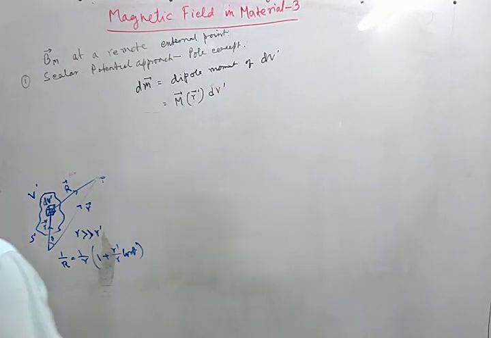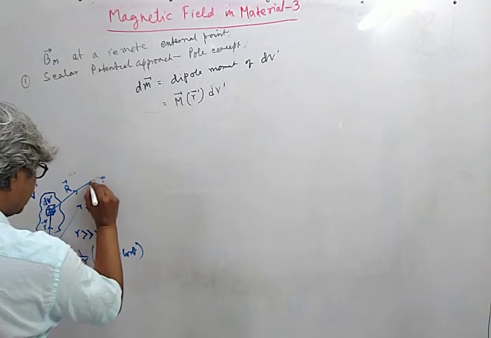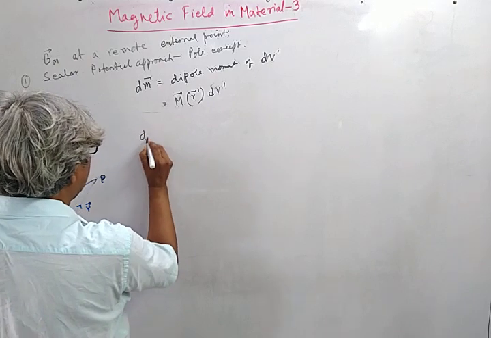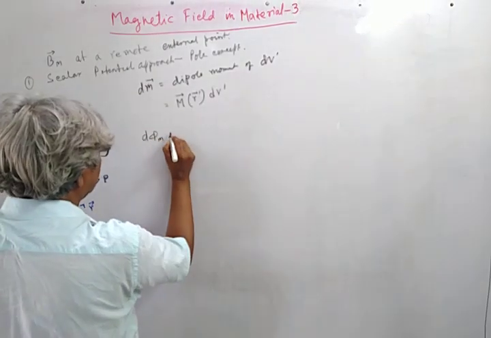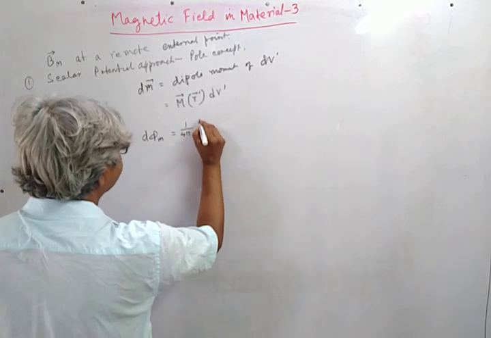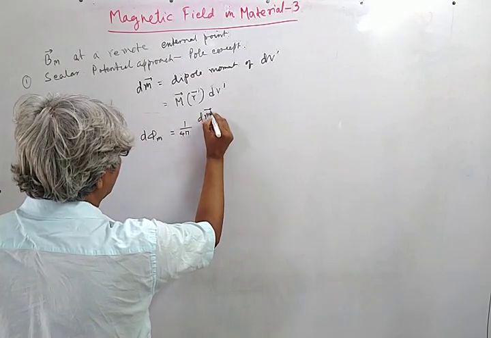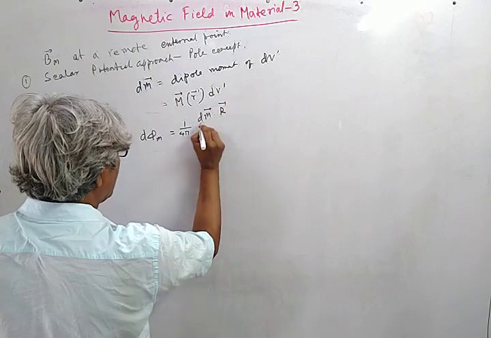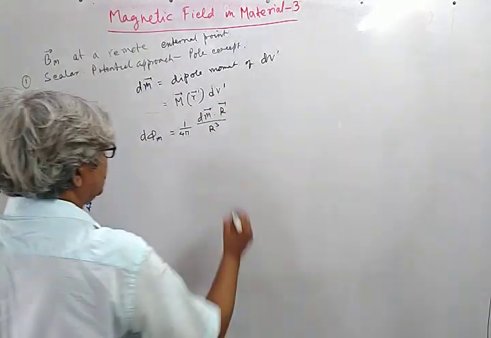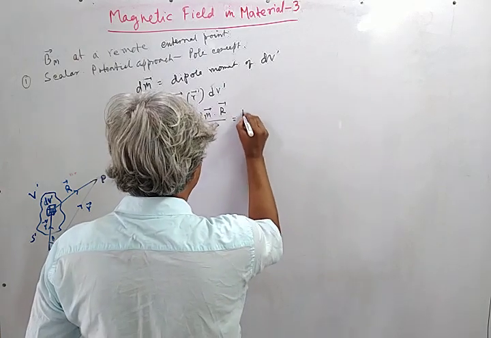If we want to find out the corresponding scalar potential at P, the scalar potential at P is equal to 1 upon 4 pi delta M dot R upon R cube. So this is equal to